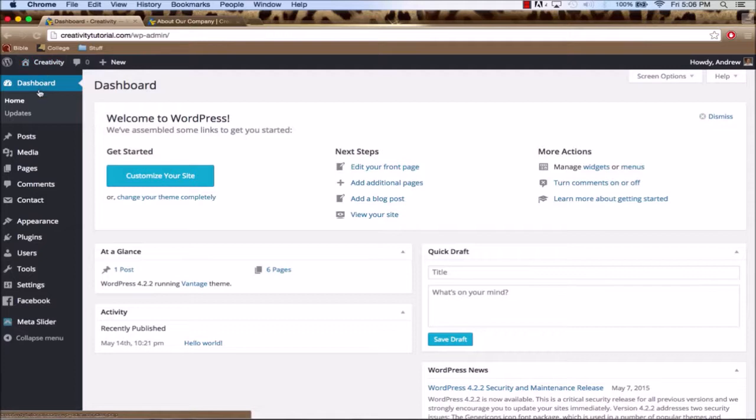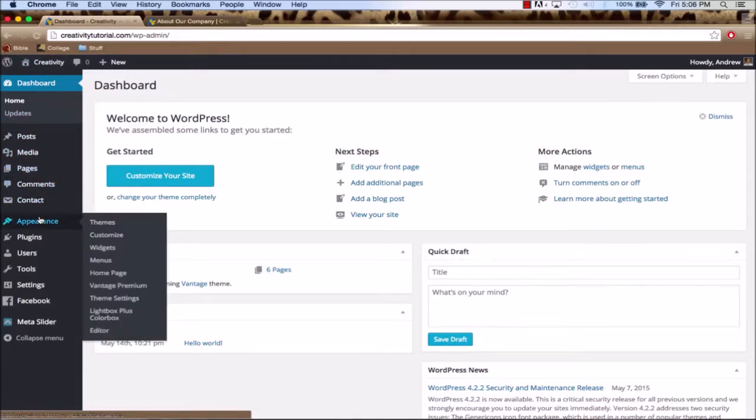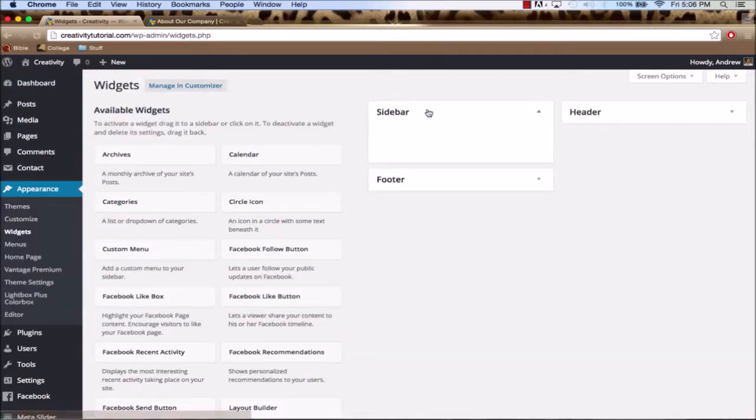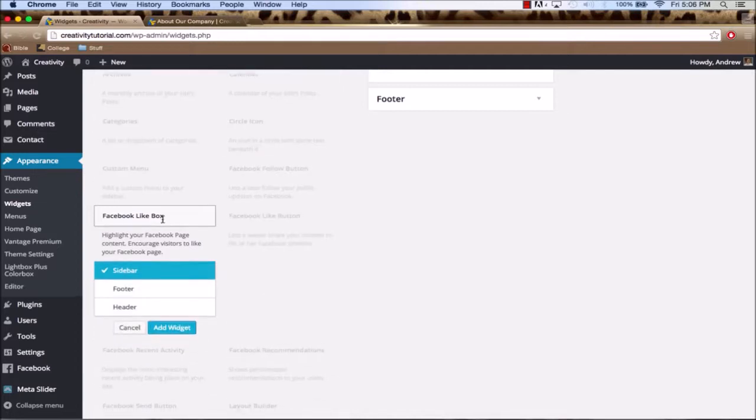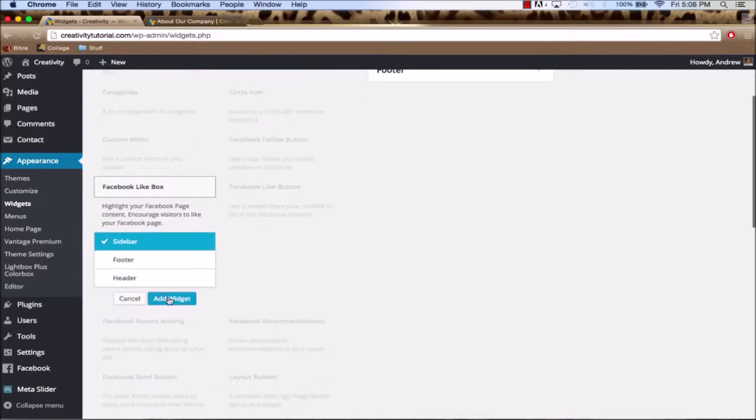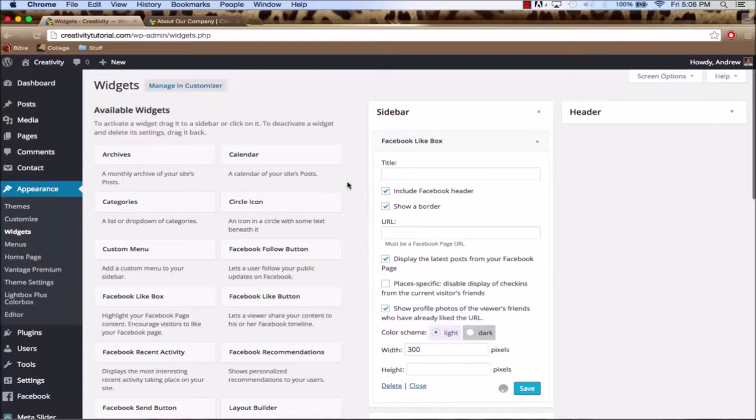If we go to our WordPress dashboard and we hover over Appearance and we go to our widgets, we're going to go into our sidebar that we deleted everything out of, but we're going to go down to the Facebook like box widget that I had you install, and you're going to click on it and then click sidebar and then click Add Widget. And you can have a title, say connect with us, or stay connected, and